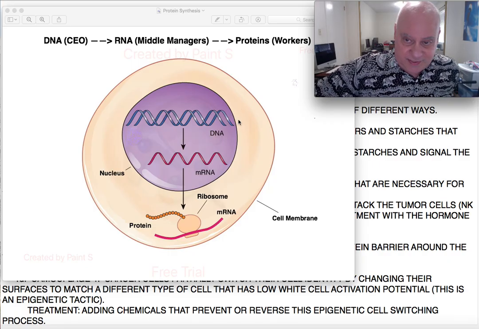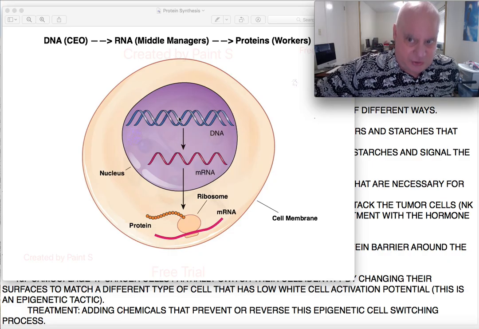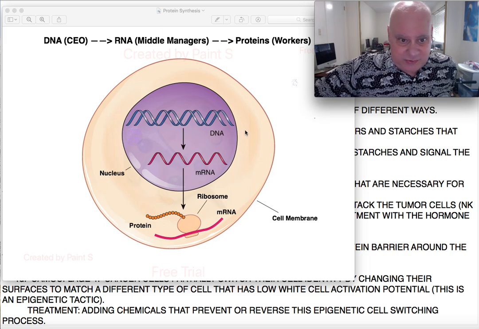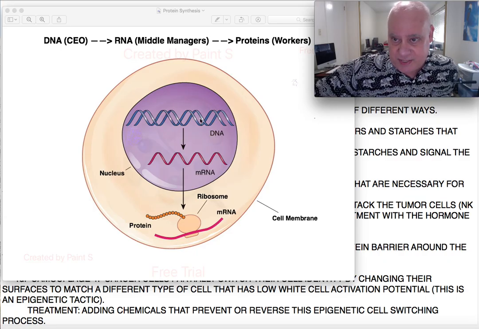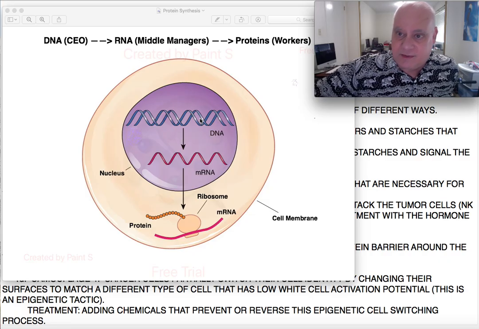All of your cells have the same DNA instructions, but there's a lot of instructions, thousands and thousands of instructions contained in the DNA. And it turns out cells in different parts of your body read different instruction sets from the same manual, right? So, cells in your liver may focus on certain instructions to make certain chemicals that can help process fats and sugars,